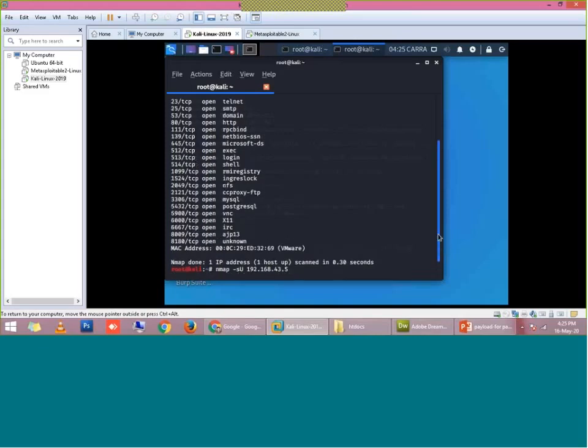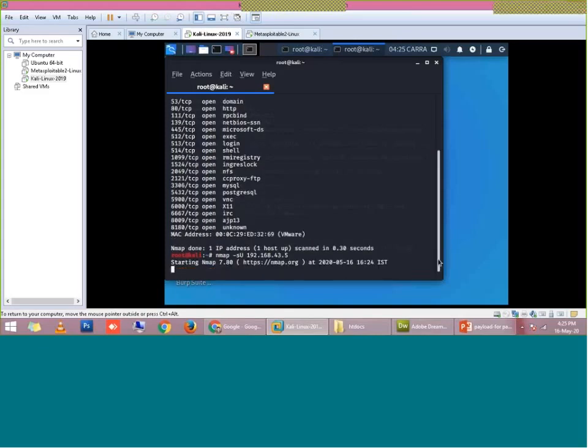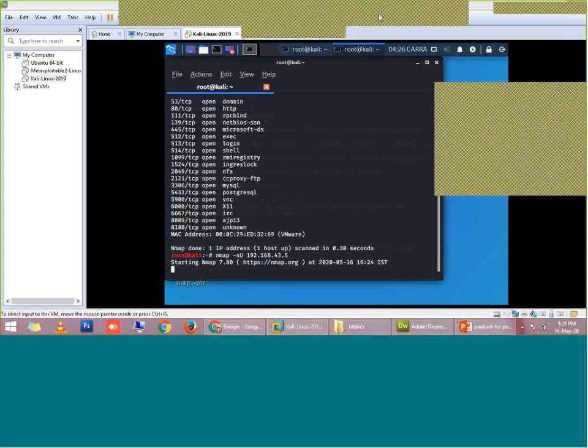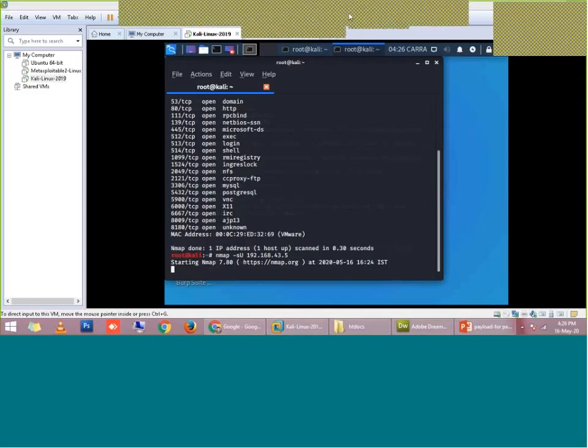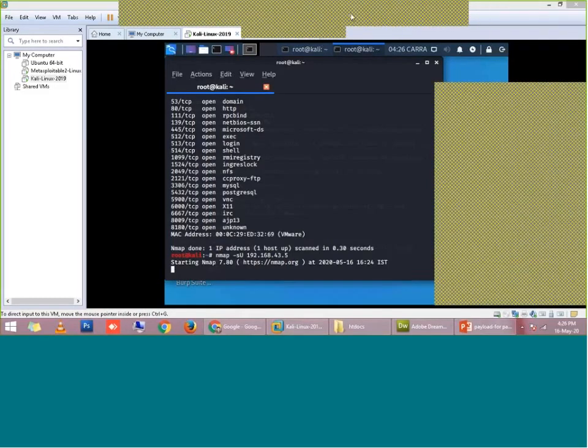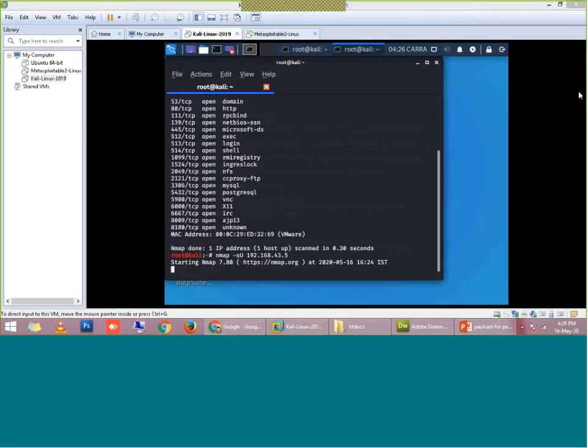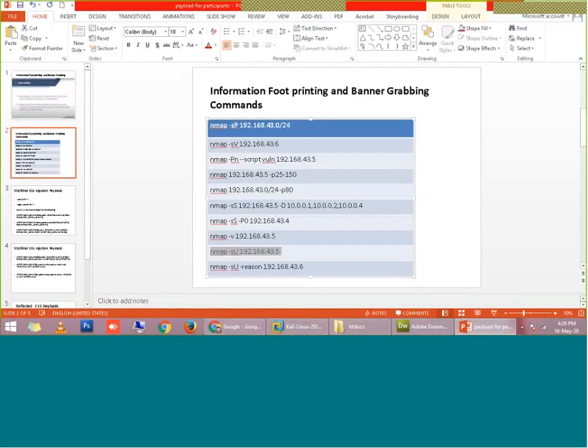So sometimes network administrators are smart and they filter this type of nmap commands, right? So suppose as a hacker, I want to get past the network administrator, suppose the network administrator has made some changes in their firewall and they have restricted this type of scanning, right? So what we can do as a hacker, we can suppress the power of this network administrator by using this command.